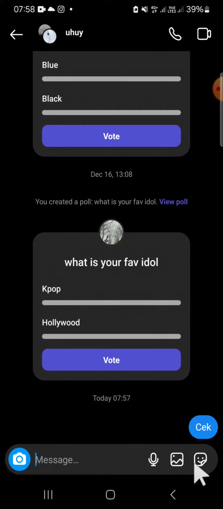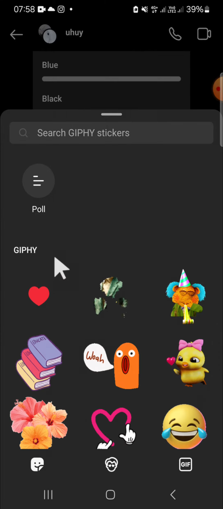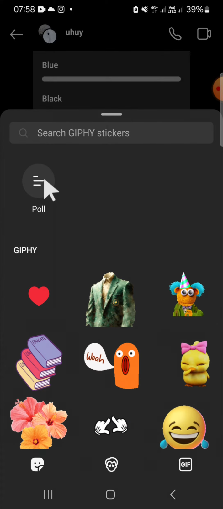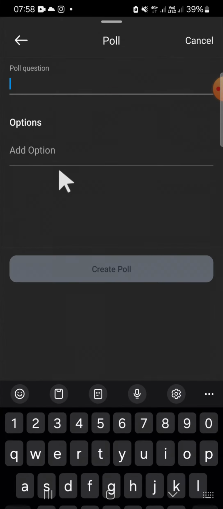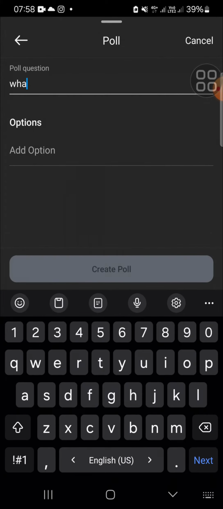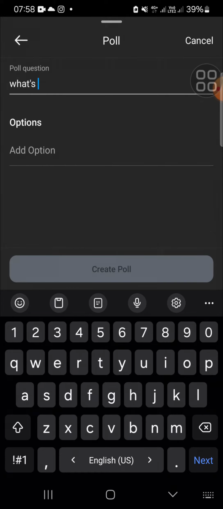and if we want to create a poll on this group chat, we just need to click on this sticker option. Okay, and we can click on the sticker icon again right here. And here, since we want to create a poll, we just need to click on poll. Okay, then you can add the poll question. I'm just going to add a random question on this poll